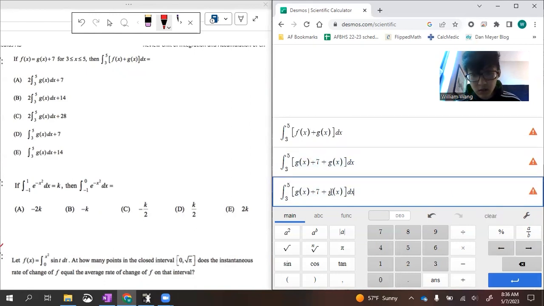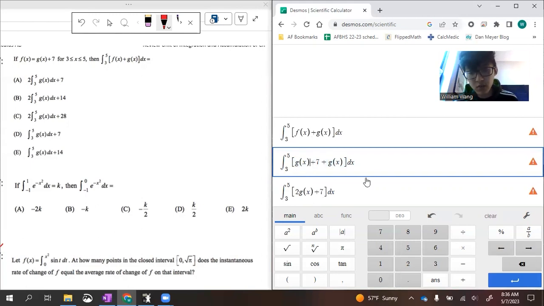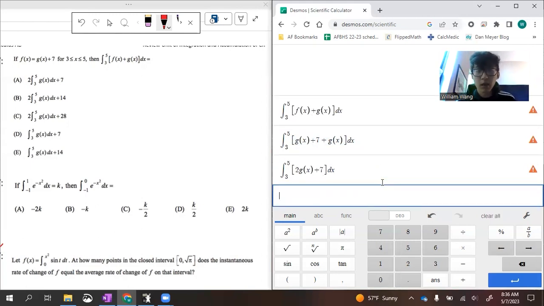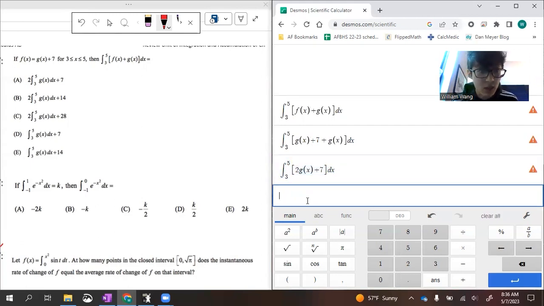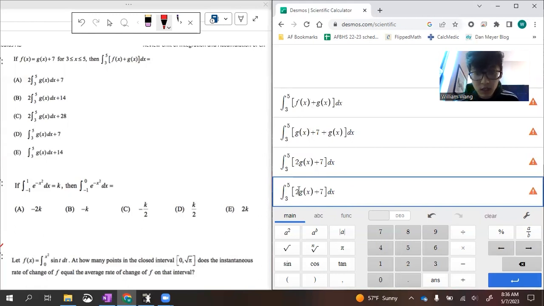I can change this so it's going to be really 2g of x plus 7, right? I'm just simplifying the two g of x's, combining them. All right, remember, with any integral, I can separate the terms. I can just solve for the terms independently. So it's the integral of 2g of x plus integral of